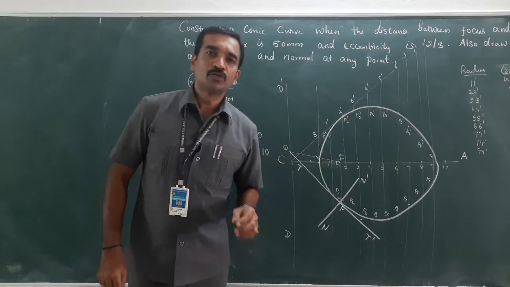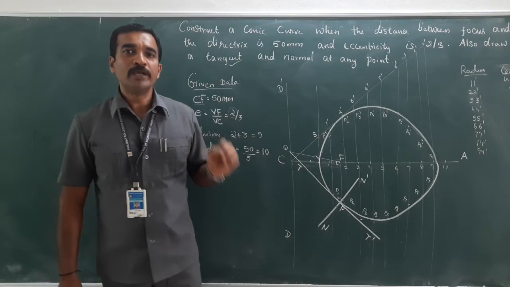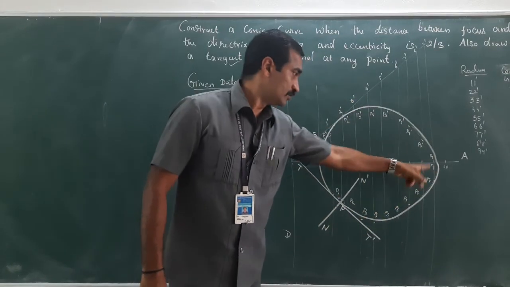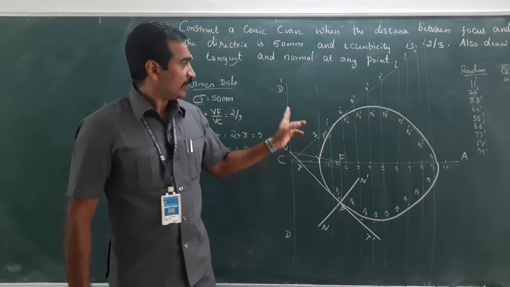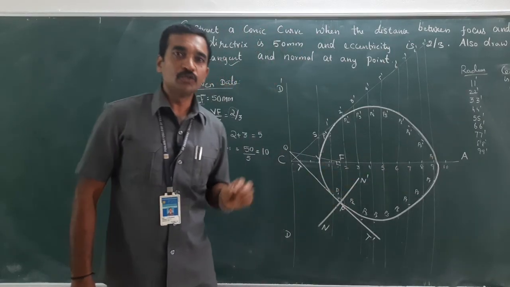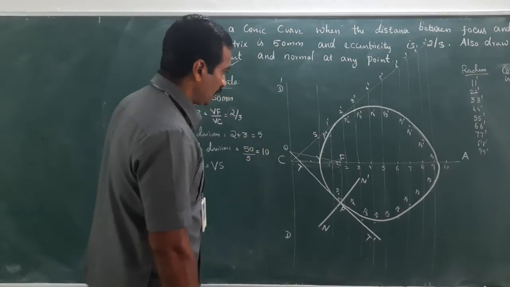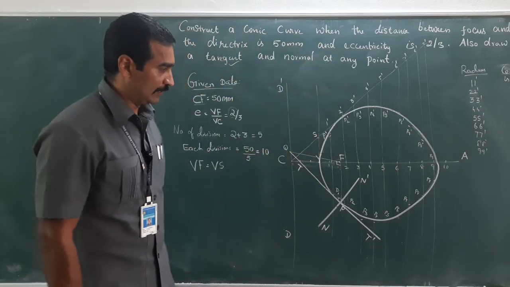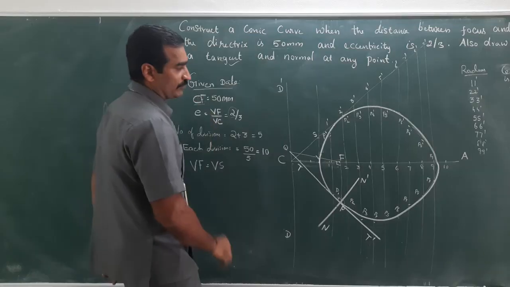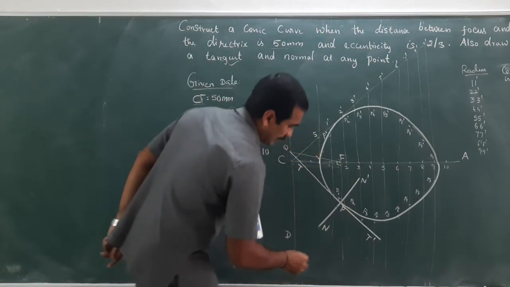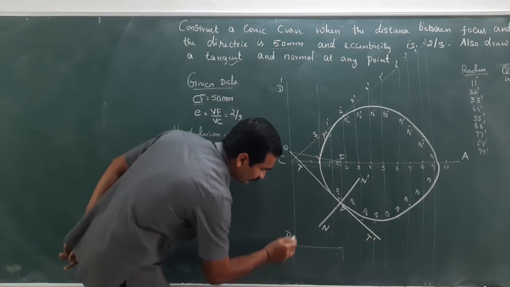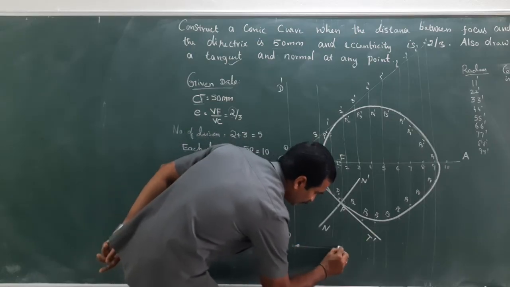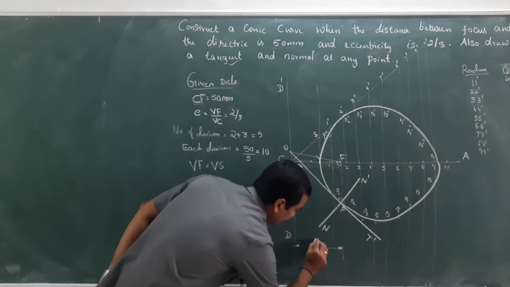So remember, you will have to use the H pencil only to draw the profile, that is the curve, tangent and normal. All the rest are construction lines, for which we should use only the 2H pencil. So I have completed the profile. Now I need to give the dimensioning for this profile. This distance CF is 50 mm. Let me give the dimensioning for this. You should use the 2H pencil to draw it. 50.